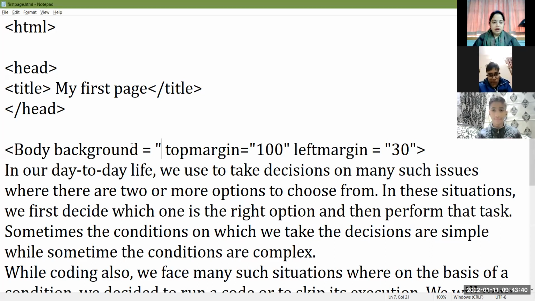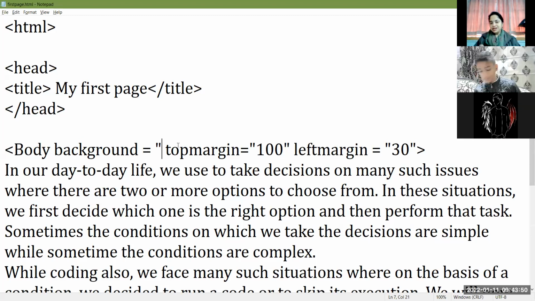It's a very good thing. Okay, body background equals, specify the name and the path of the image. What is the path? In which folder is my picture? Whether it is in My Documents, inside My Pictures, or in the D drive, or in some further folders I had created. Whenever we download images from the internet, they have very lengthy names, so you have to specify the complete name and the extension of the image also. So one way is to learn the name and path of the image and then type it.